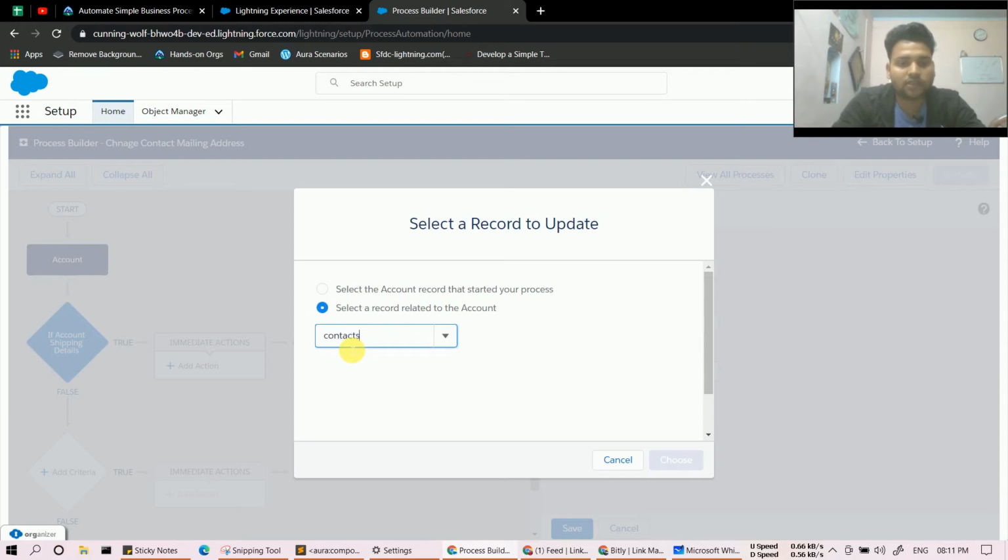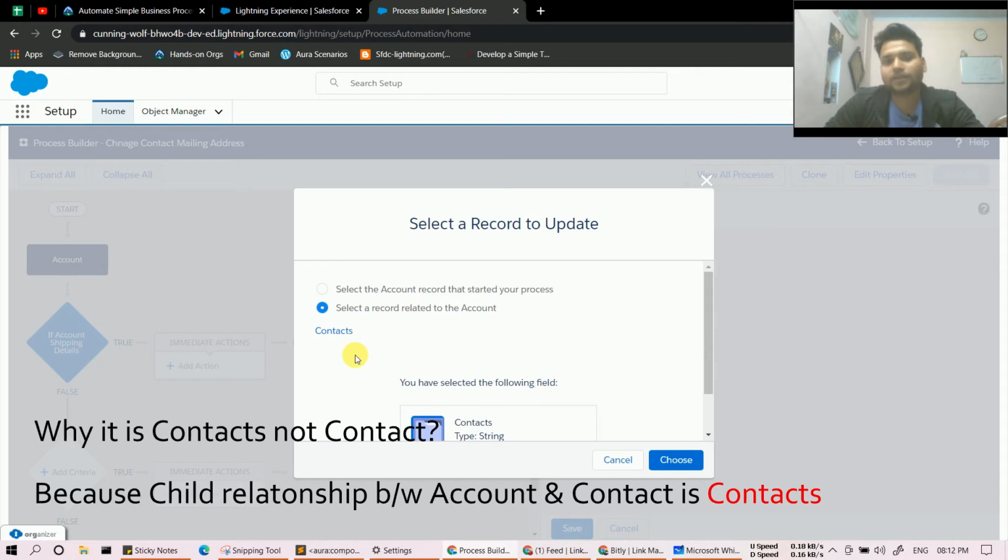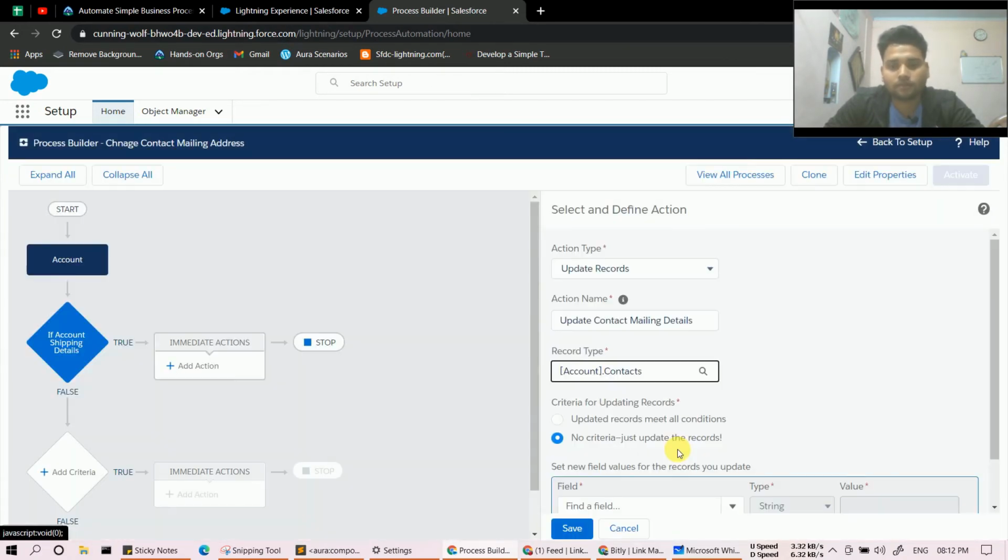So that's why we are choosing select a record related to the account. So select contacts, type contacts over there. As you know that contacts, why there is no contact? Because contact is an object name and contacts is a relationship name, which is a child relationship. So that's why you can see contacts over there. So click choose.